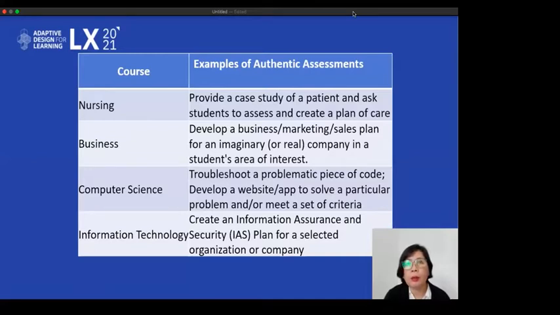This is Information Assurance and Security Subject 1. The final project I gave them was to create an information assurance and security plan for a selected organization or company. So this is an example of an authentic assessment because the students will create an IS plan,